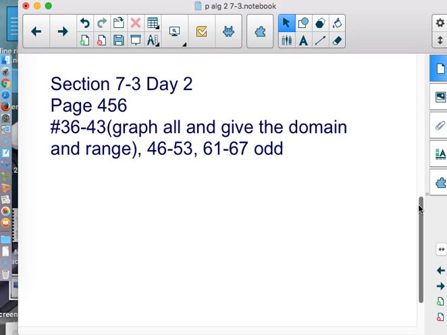All right. So it turns out, talking to my cohorts that teach Algebra 2, we are going to be testing on the whole chapter 7. So what I want to let you know is this. What we'll do is we'll go through the rest of chapter 7. Then we're going to spend the day just reviewing 7.1 and 7.2. And then we'll take one test. It's one piece of paper, front and back, on just 7.1 and 7.2. And then we'll come back and we'll spend another couple of days reviewing, and then we'll take the second test on the 7.3 through 7.6 material. Put plenty of review in there so we don't forget. That worksheet, it looked like most of you made your way through